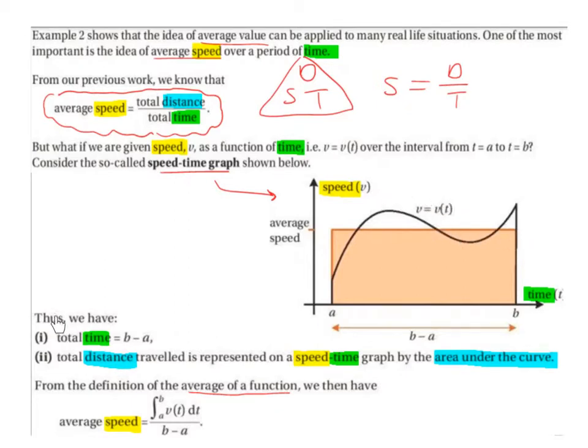Thus we have total time equals b minus a, so b minus a. So it's basically the length of our rectangle. The total distance travelled is represented on a speed-time graph by the area under the curve. So the area under our curve. And from the definition of the average of a function, we then have